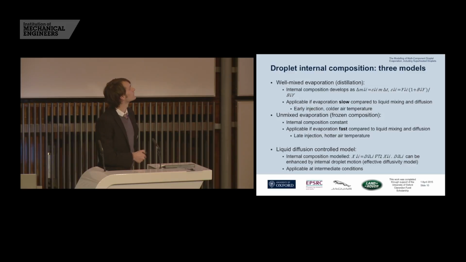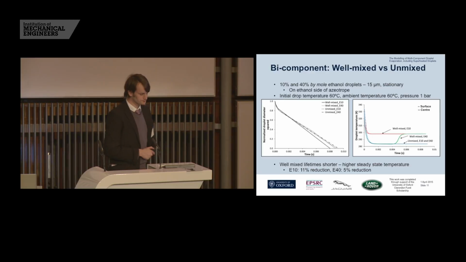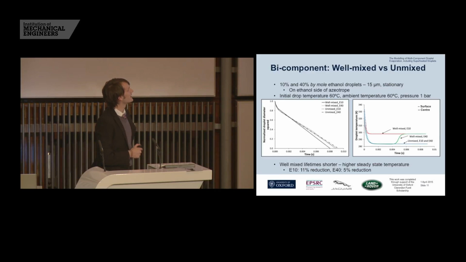Okay, so let's move on to some results. First we looked at that isooctane ethanol mixture, 10 and 40% by mole, so the binary component is all by mole, remember, and we've got a reasonably cool, very cool ambient condition. So if we plot the diameter squared history against time for the isooctane and ethanol mixtures,